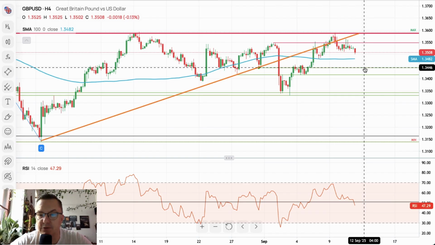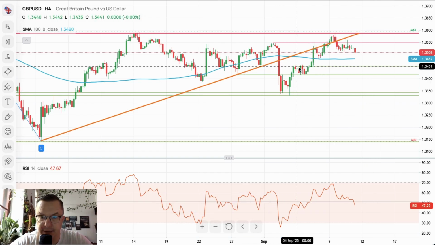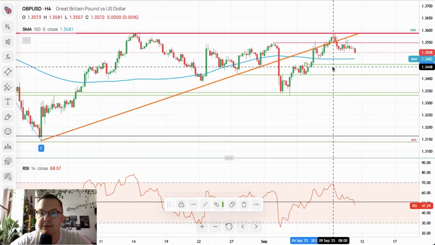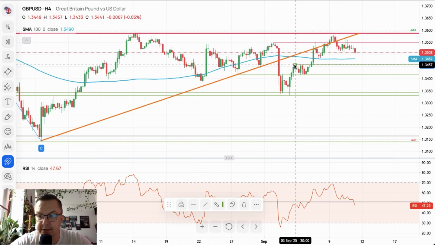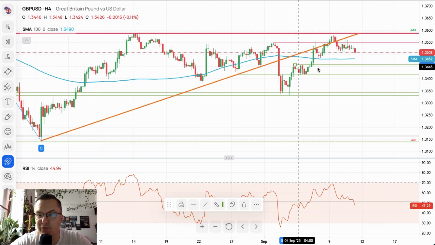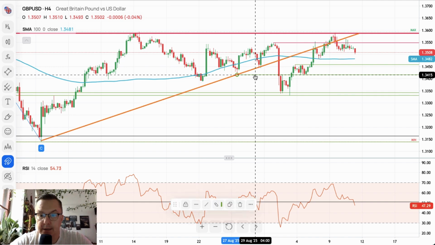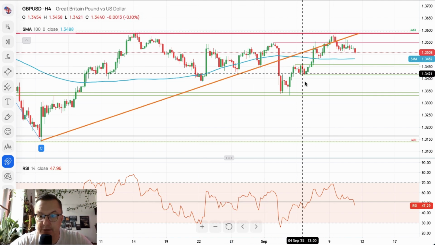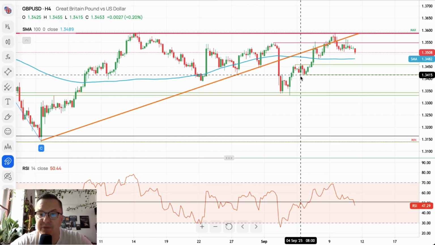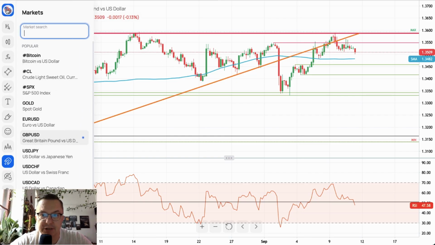Obviously, eventually the next target is located roughly around, let me just adjust my targets to the newest data. Let me just move this technical support here. The technical support is 1.3457. So that's the situation here. And there is another technical support at the bottom of this consolidation, 1.3415. So that's the situation with the cable. Rejection of the rally and further movement to the downside.